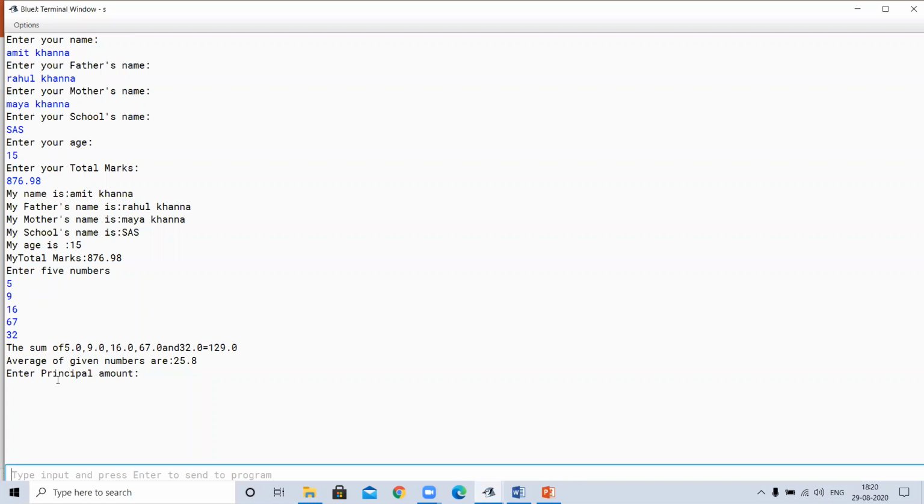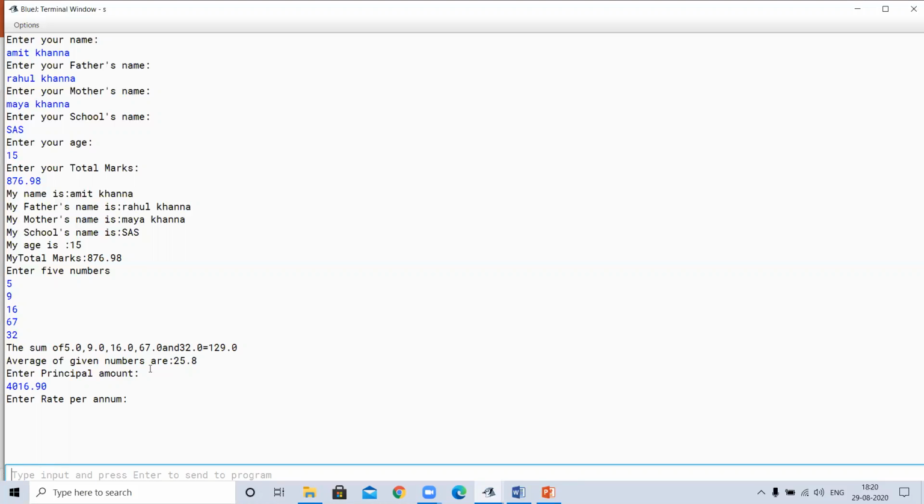These were the outputs of previous programs which I already explained to you. This is the next program. First of all, it will ask for the principal amount. So the principal amount I am giving here. Suppose 4016.90. Next is rate per annum.